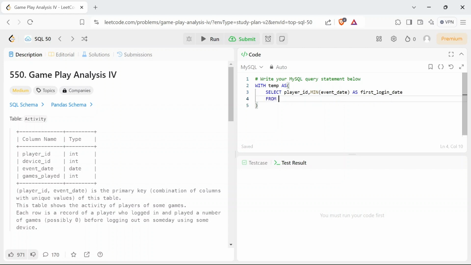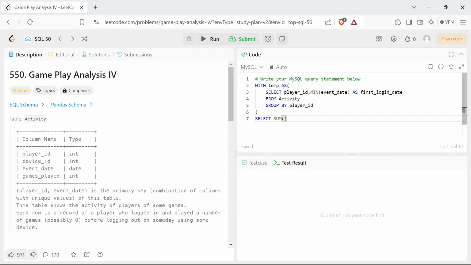I'm taking this from the activity table, and I should use group by for player IDs, then only we can get it. And then we need to do select